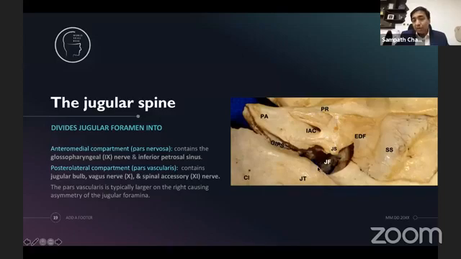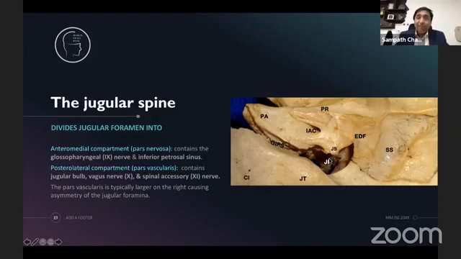So the jugular bulb is here. Medial to the jugular bulb will be these two other nerves, and the glossopharyngeal nerve per se is in the anteromedial compartment, which is supposed to be divided by a fibrous band. But most often when there is a tumor, it is destroying these areas and you don't really get to see that. Now, why is the jugular spine important? Because radiologically, the presence of a spine differentiates a tumor from a high jugular bulb. In a high jugular bulb, the spine is generally preserved, and in any other tumoral etiology, the spine is destroyed and there is expansion of the jugular foramen.